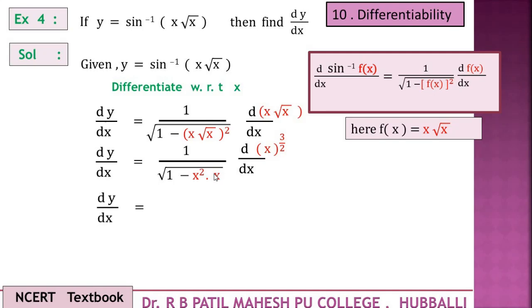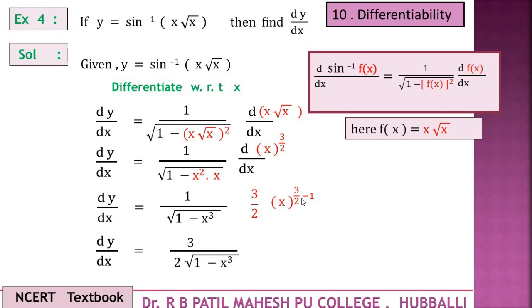So next step, 1 divided by root of 1 minus x cube, x into x square, and here x raised to 3 by 2. So the derivative is written using the x raised to n formula, that is n into x raised to n minus 1. So next step, just simplify the power, that completes the solution. So 3 divided by 2 into root of 1 minus x cube, this is 2 and this is numerator 3, and this if you simplify becomes 1 by 2, x raised to 1 by 2.